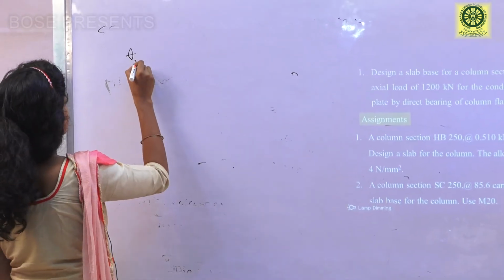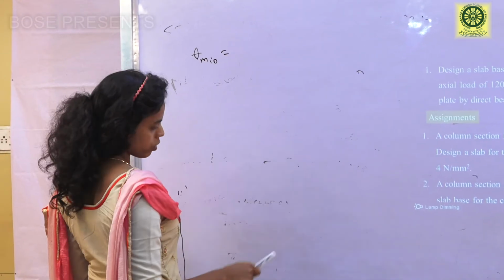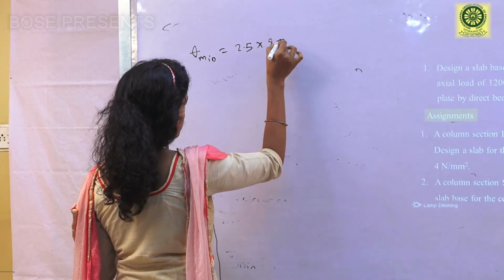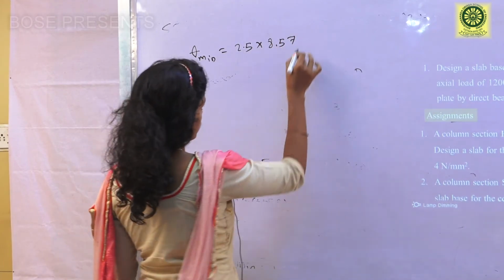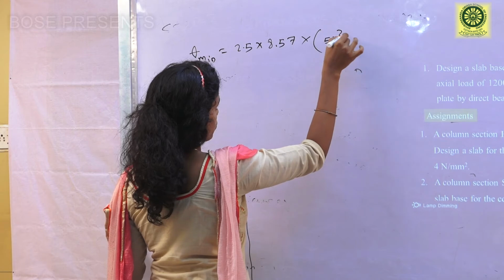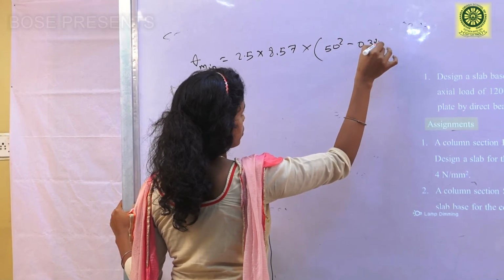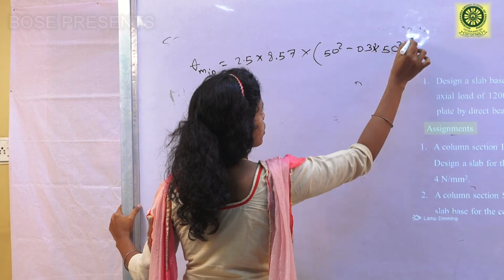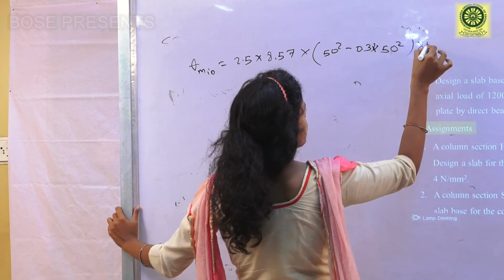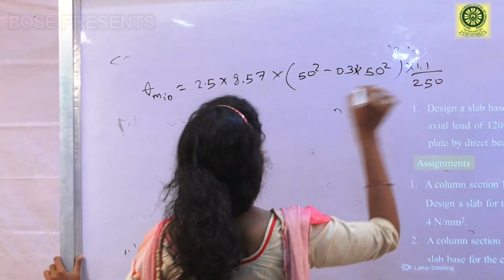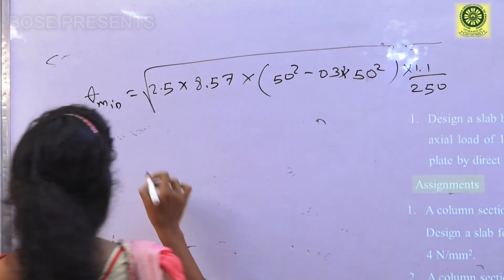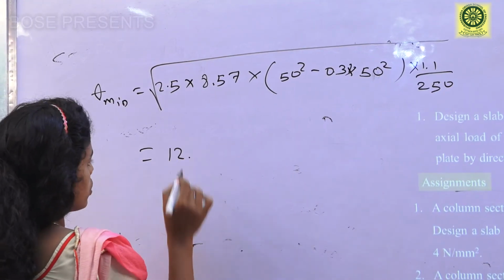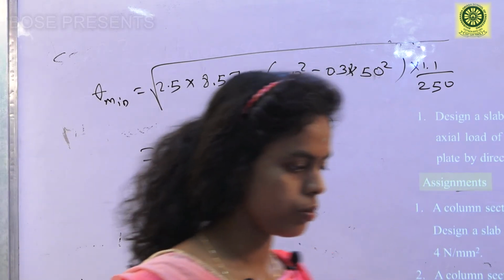So t minimum is equal to, we already calculated A and B, so 2.5 w, here we calculated 8.57, then a square is 50 square minus 0.3 b into 50 square, into 1.1 divided by 250, and the value is coming around 12.84